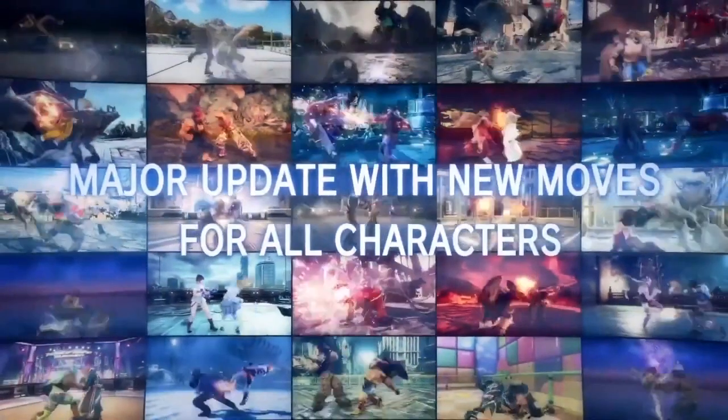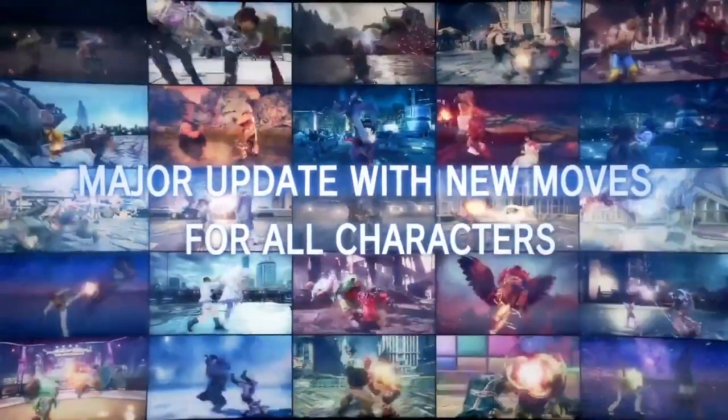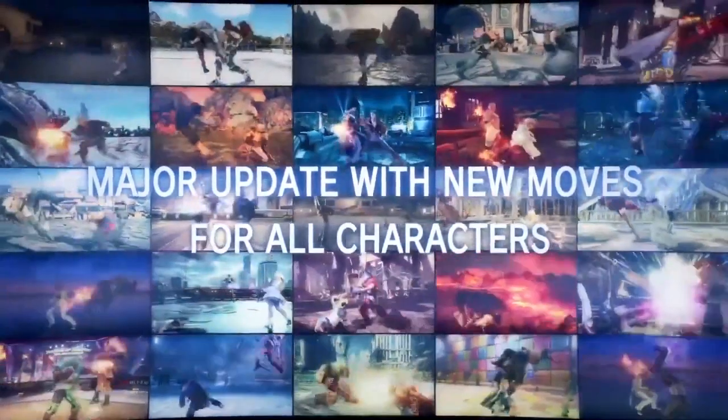On block 15, we have Claudio, and it seems like his forward 3 causes a bounce launch on counter hit. This is similar to what Jin has, and Kazumi with the forward 4. If you can land a counter hit, they bounce off the floor, giving you an extended juggle, which is quite cool, because giving Claudio a launch outside of a hop kick is quite good, because I feel like it gives him more